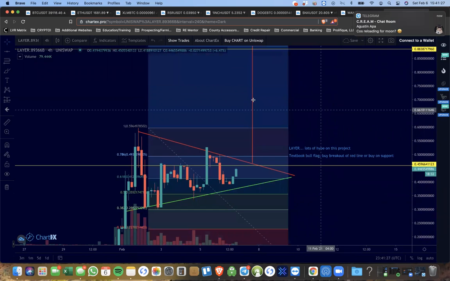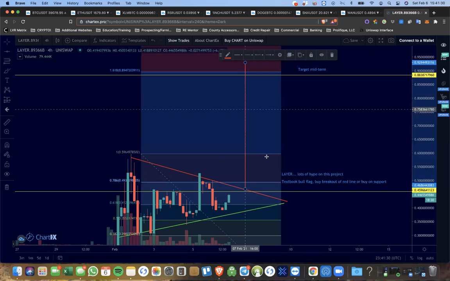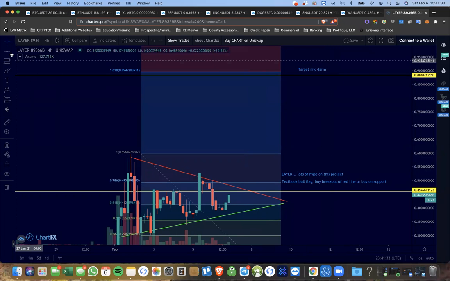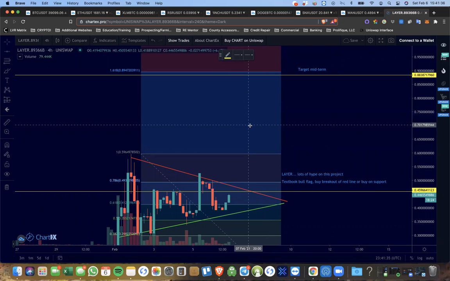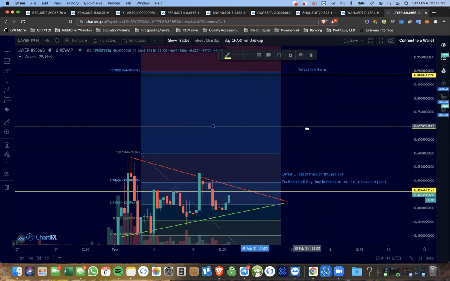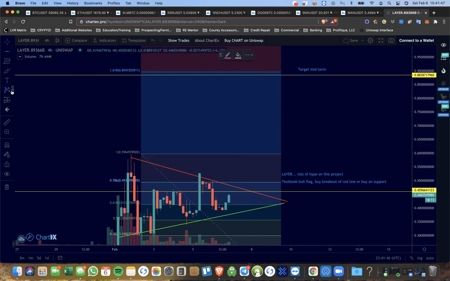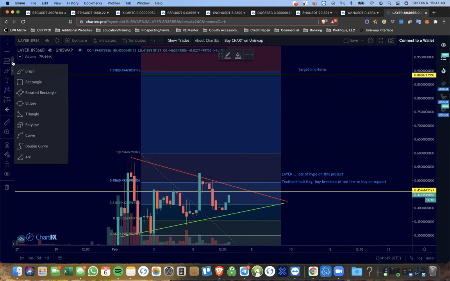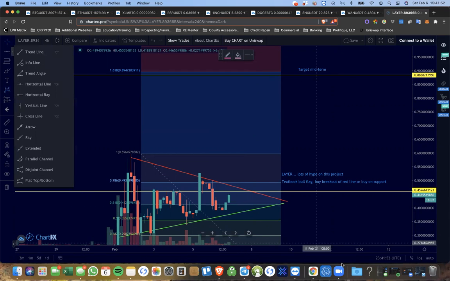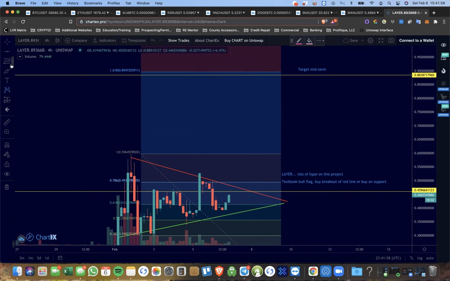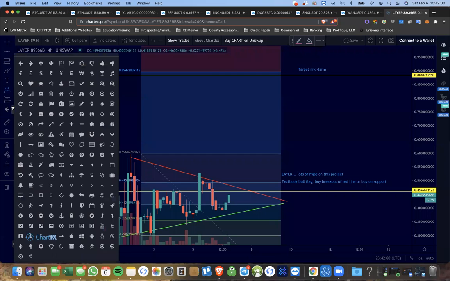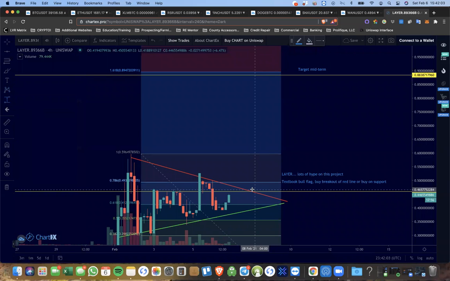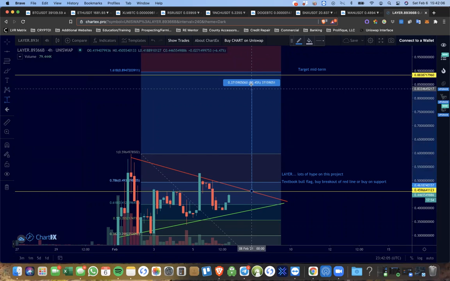So that's my target. You could even put a target in between here about the 382. So the 382 would probably be about right here if you want. But as you guys can see, if this does break out, we are looking at where's my little bar at? Oh, here we go. So if it breaks out from right here, comes up here,